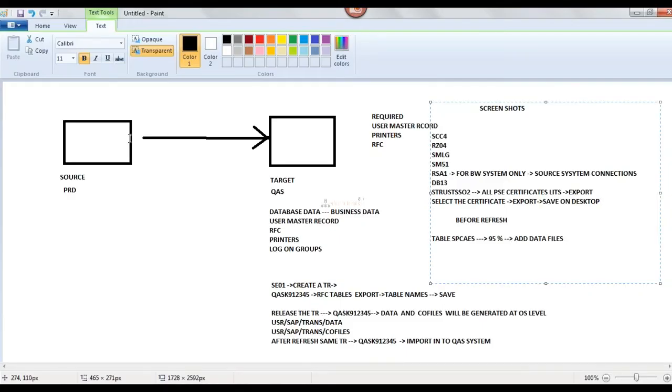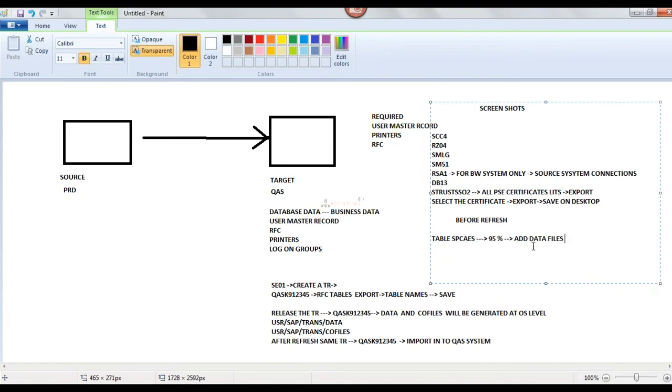Why? Because whenever I am copying system data, meaning production data, into quality, maybe the table space will be full. In tables only the data will be stored, correct? In the production environment we have a huge amount of data compared to quality, right?